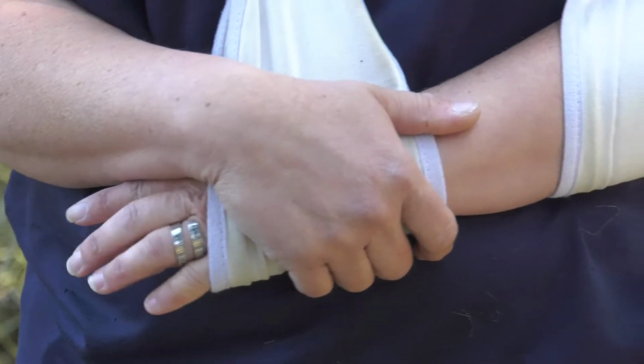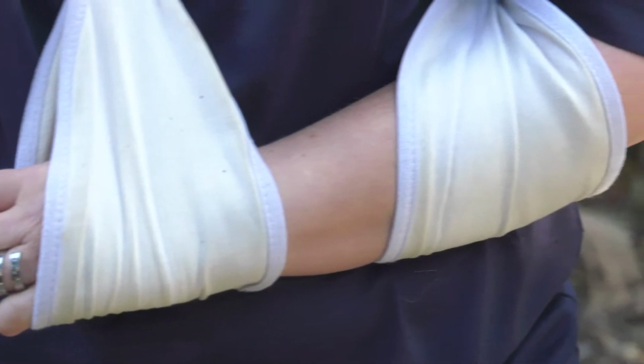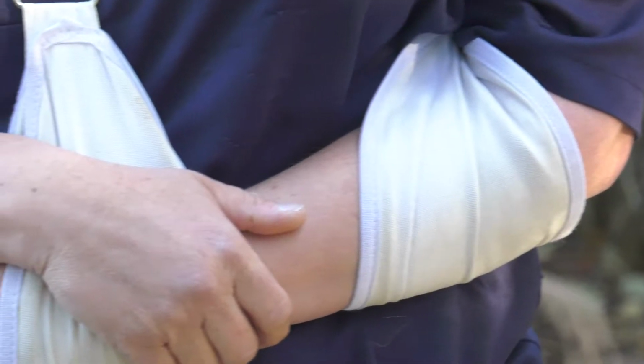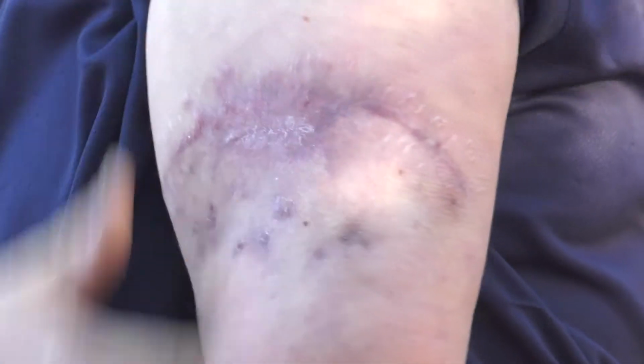Probably not. Do you have any photos of just, so I'm trying to show kind of the before and after, because we'll do a follow-up with you after you've done your full healing, after Endress's surgery. Do you have anything that I could see post-surgery, even the, you can see some...